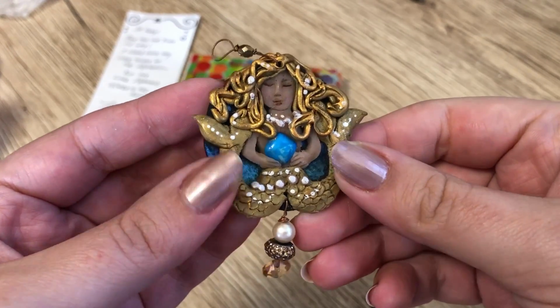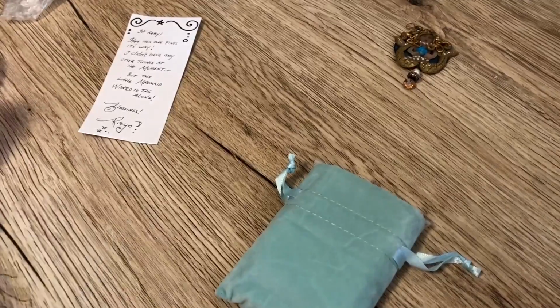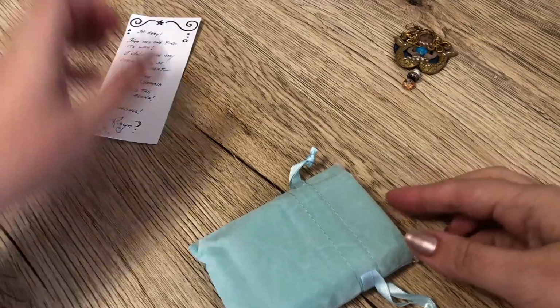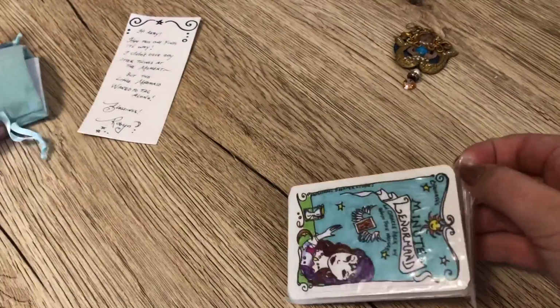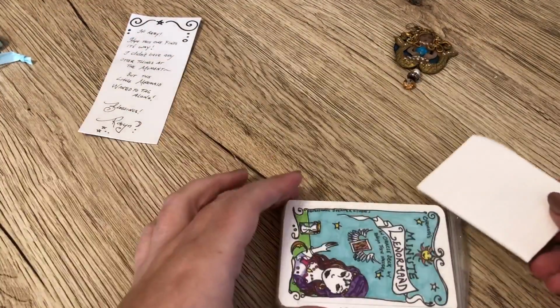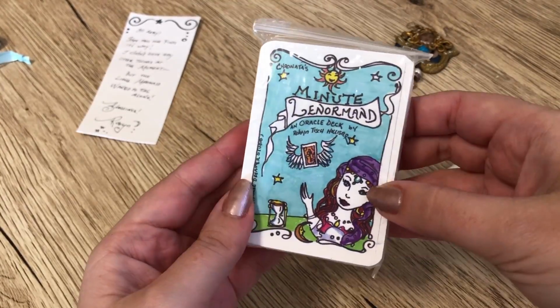It's lovely. And this is the little deck. Oh, it's velvet. Oh, this kind of fake velvet stuff. I hate the feeling of this stuff. Yeah, I probably won't be using this long term, but it's a pretty color. Oh, and it does match this color of the...